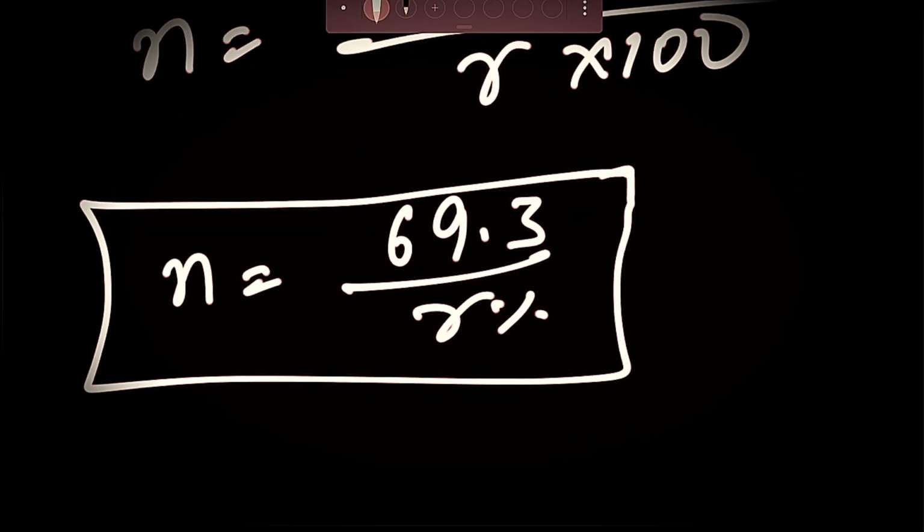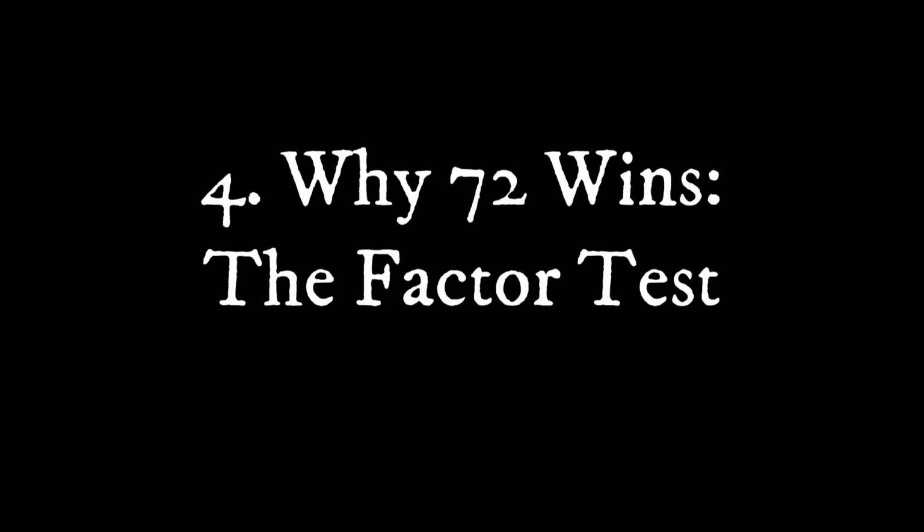So the real question comes: if the math points to 69.3, why does every financial advisor use the rule of 72? The answer is simple: convenience and accuracy. First, while 69.3 is the most precise for continuous compounding, 72 provides a slightly better approximation across the typical range of annual compounding interest rates. But the main reason is